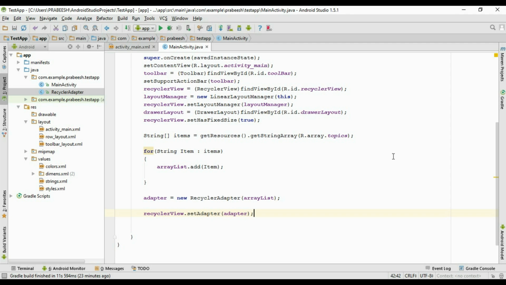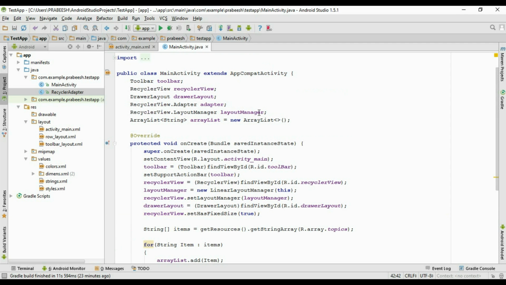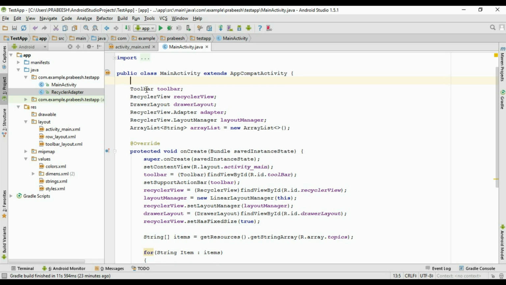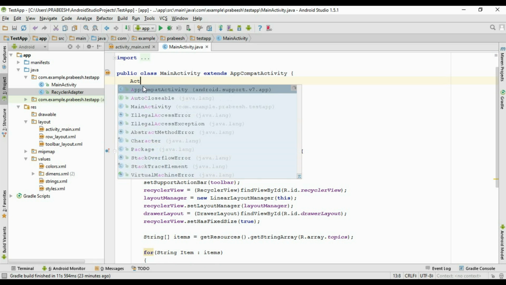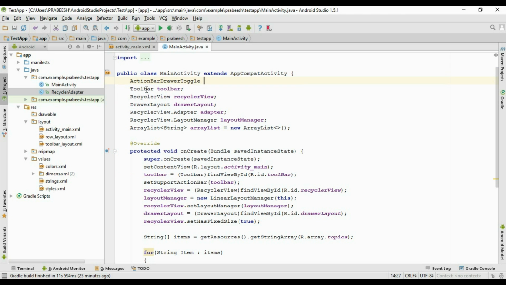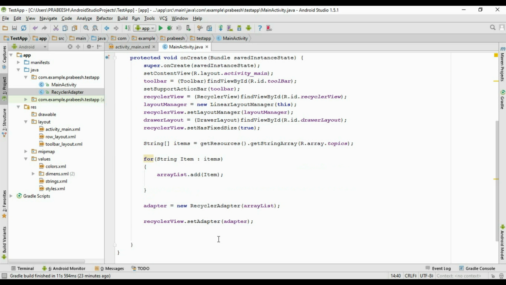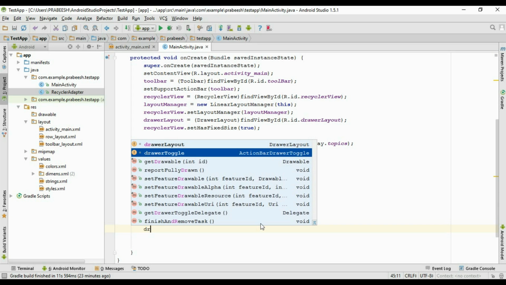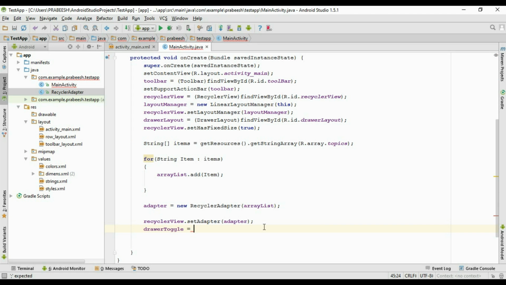Okay, so now we need to add some drawer toggle for the navigation drawer. So we have to add an ActionBarDrawerToggle variable. So create a variable for ActionBarDrawerToggle. I name it as drawer toggle, and now we can initialize that variable. So drawer toggle equal to,